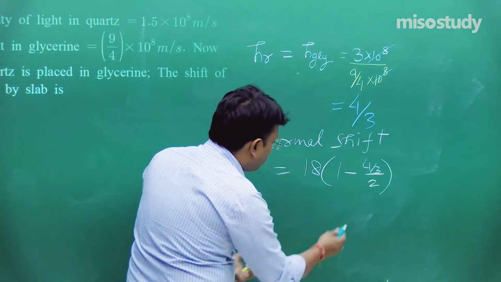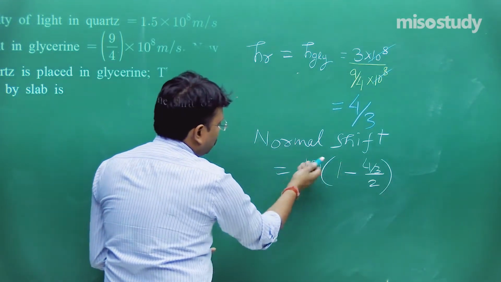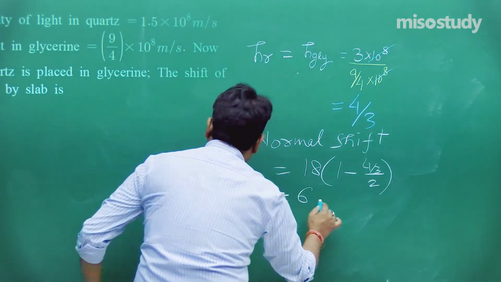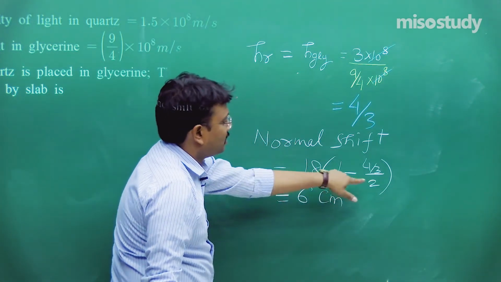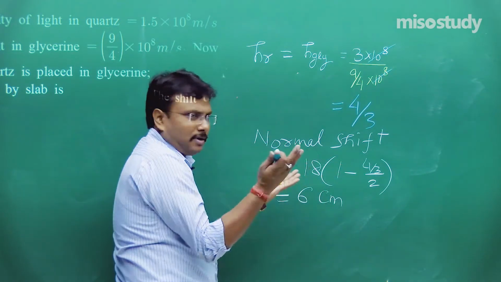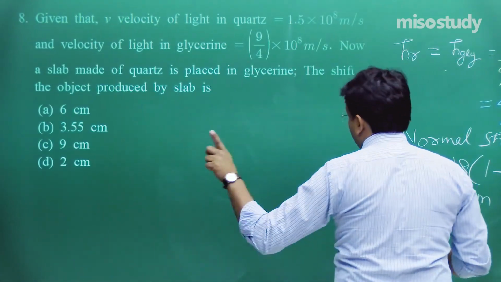Fine. Now I hope it is a very simple trivial solution. 2 1 are 2 minus 4 by 3 upon 2, 9. So finally normal shift you will get as 6 centimeter. You will have to just solve this. Take this LCM, whatever, and then solve it. So this question was simple, and yes,